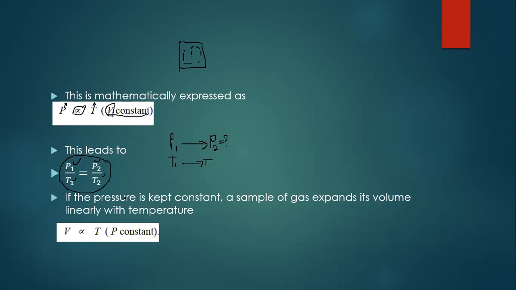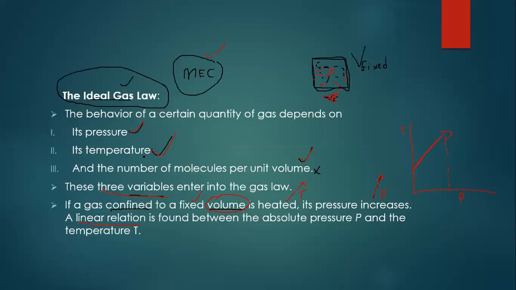Yeah, so we continue on. In the first premise, we had put our volume constant. In the second premise, we are going to put pressure constant. Remember, we are talking about these three variables: pressure, temperature, and volume, and we want to see how they interact with each other. When we change one, what happens to the other? So in the first premise, we removed volume out of the equation. But in this second premise, we are going to remove pressure out of the equation.